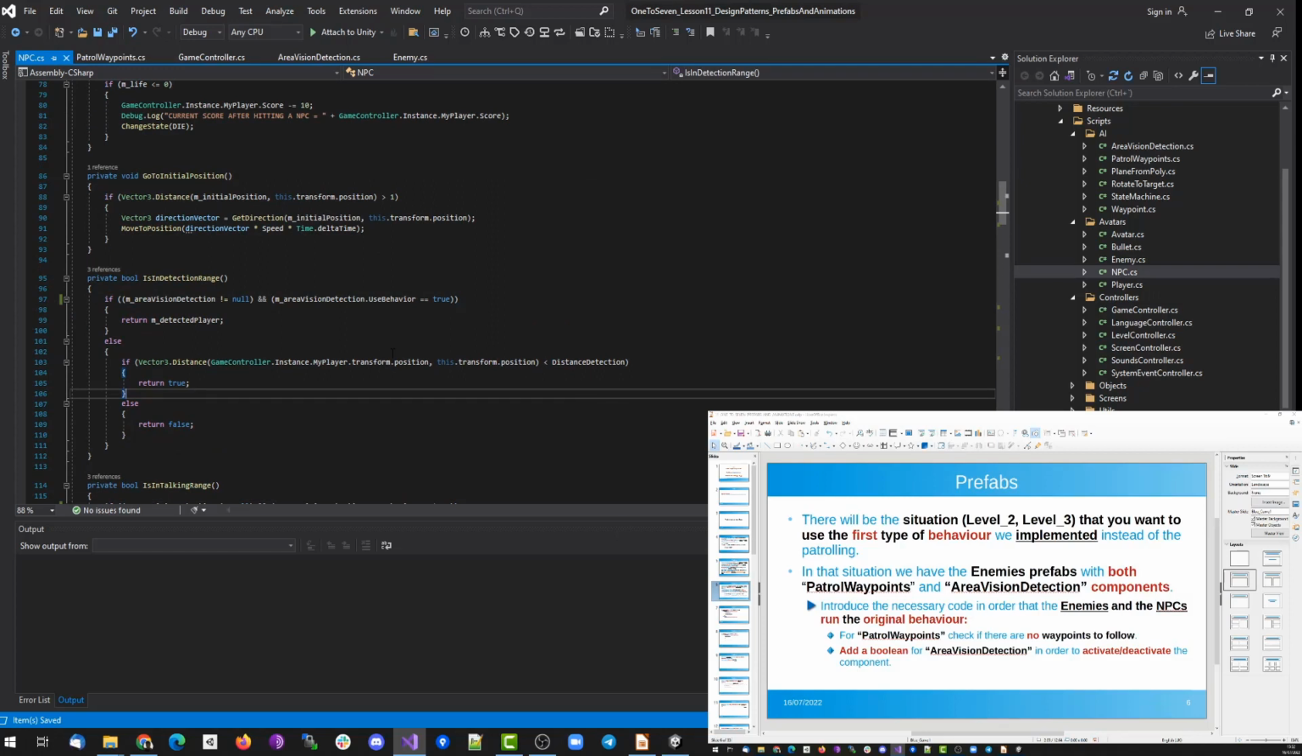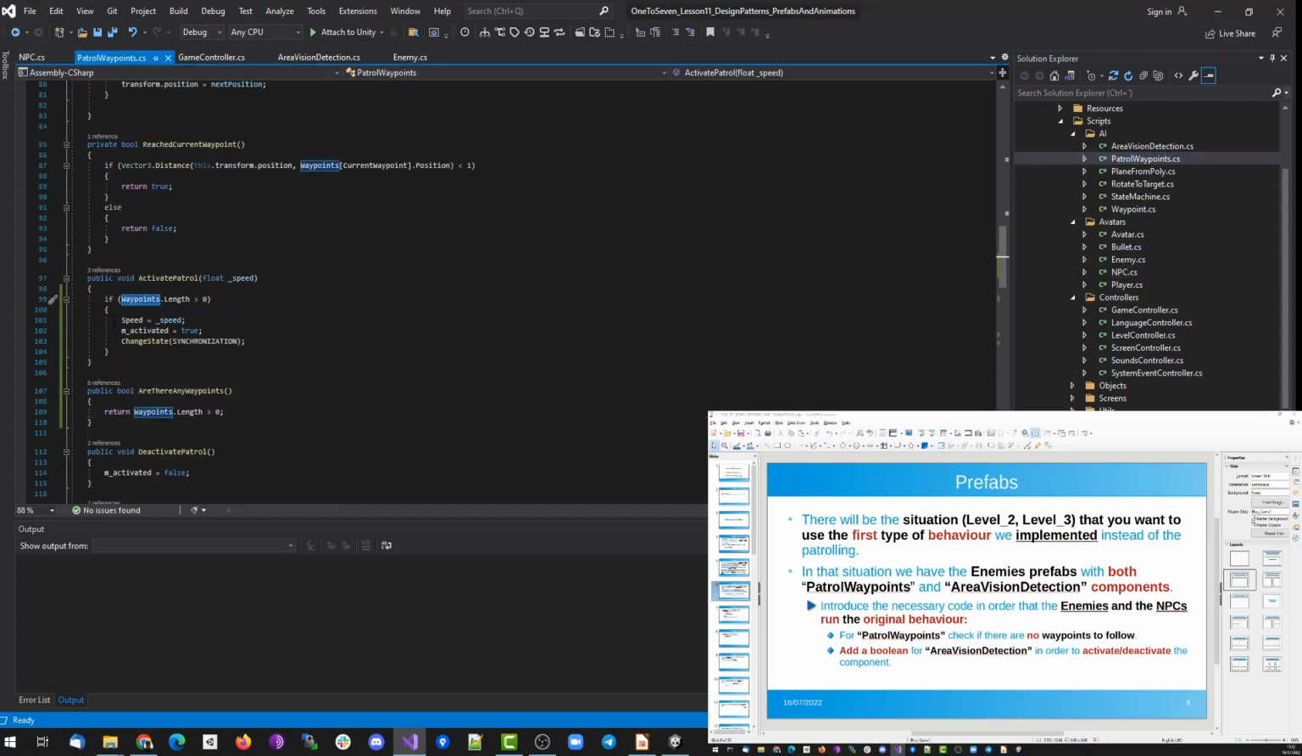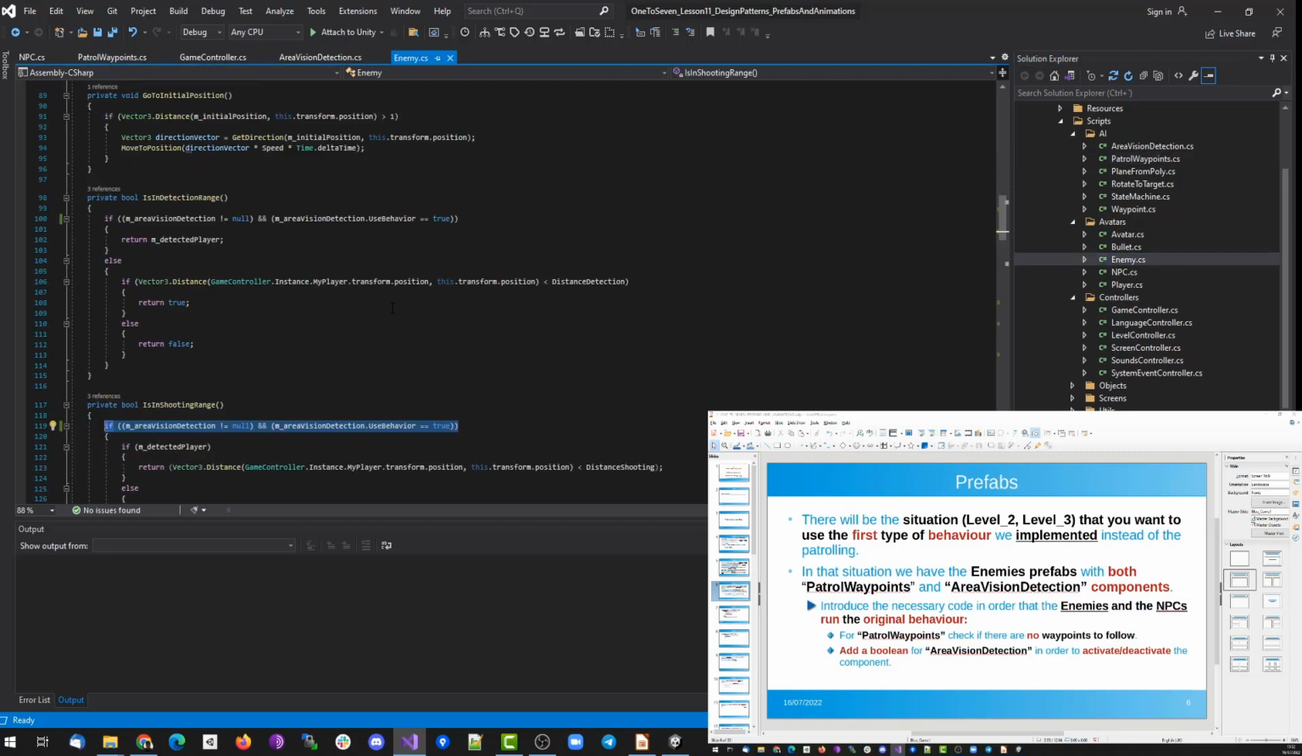Okay, and the result should look similar to this. The first thing that we have done is to check the patrol waypoints before fully activating the behavior. Check that if we have any waypoint, okay, we can proceed to synchronize. But in the case that we don't have it, we won't be activating the behavior. Also, we have created a method that tells us if there are waypoints available to patrol too. Okay, and back to the enemy,